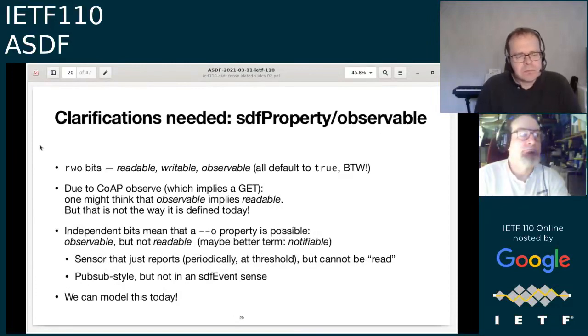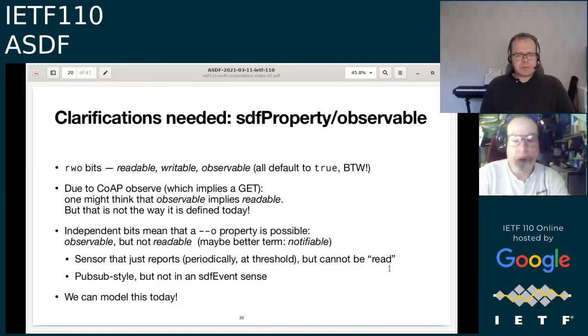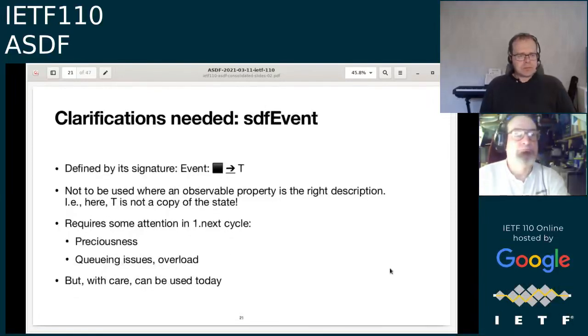So many of the pub sub style affordances actually are SDF properties in that sense. So we can model this today. Next slide. Yeah, and that means the SDF event should not be used where we have an observable property, and the one.next work is about preciousness and queuing issues, overload issues, what